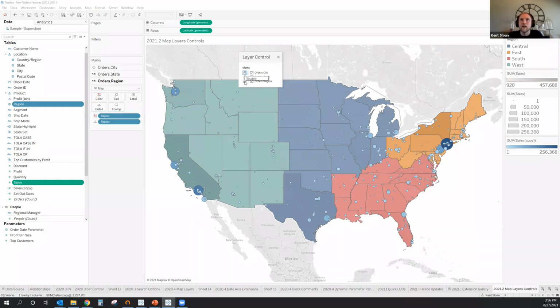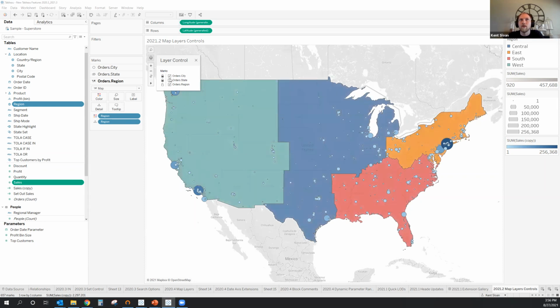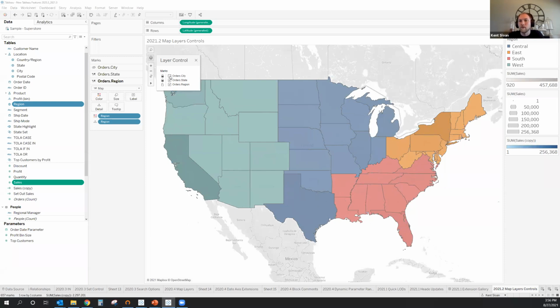This is, I get to decide which of these are available to the end user. So I can say, for example, region is not an option they can turn on and off, but state and city are options that the user will have the ability to turn on and off. So now the end user would come in here, click on this, and then they just wouldn't see region as an option they could interact with, but they could then turn on and off state or city. So if you had multiple layers in this map, I could say publish it with the city layer turned off. And then the user would have the option to say, actually, I would like to see this at city level detail. They could just turn that on in that map.